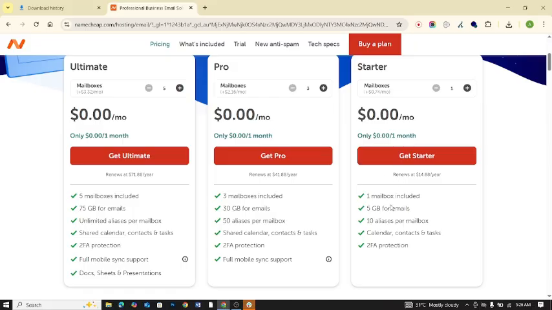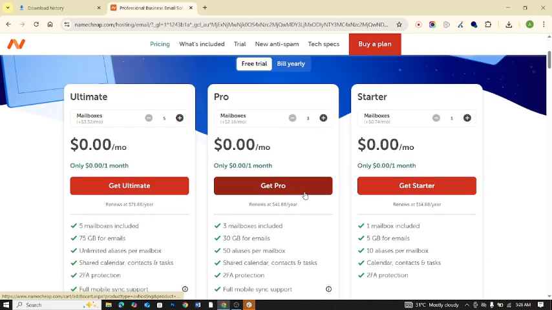The difference is the space available, the alias per mailbox. So basically, if you're not doing something that big, if you don't use the email for a lot of activities, if you just use the email to verify, to link account and all that, you can choose status, but mostly I do choose pro. So let's click on pro,